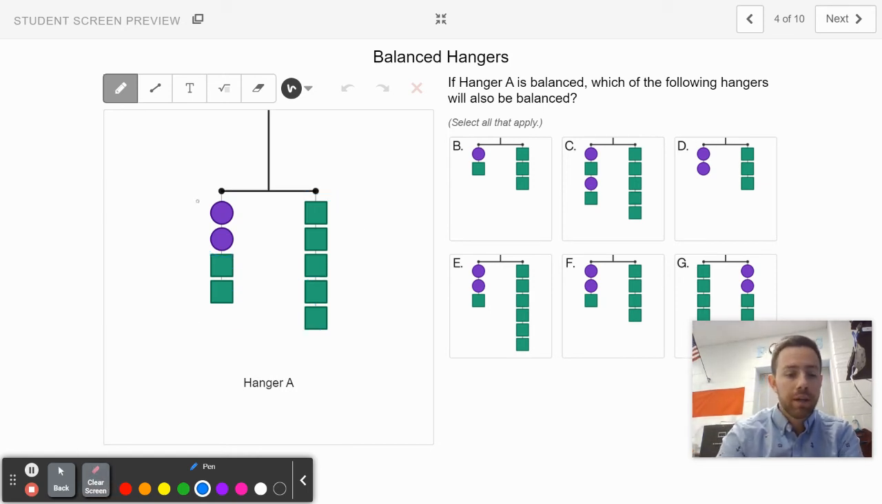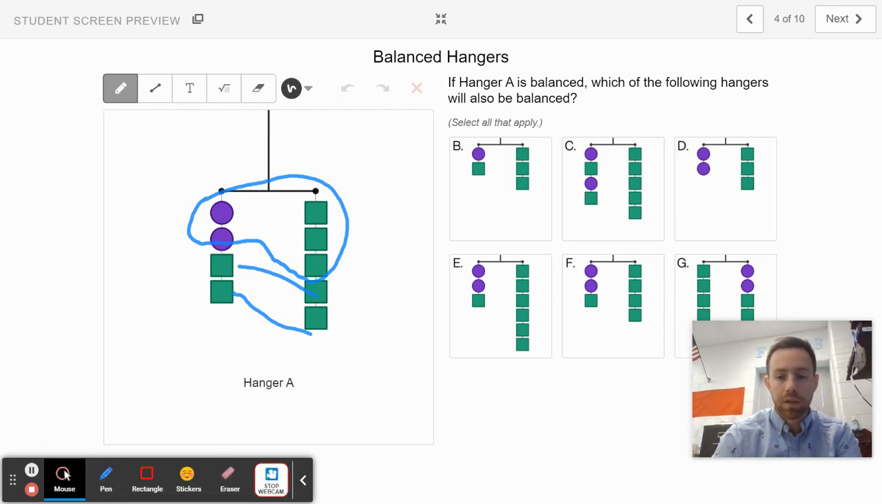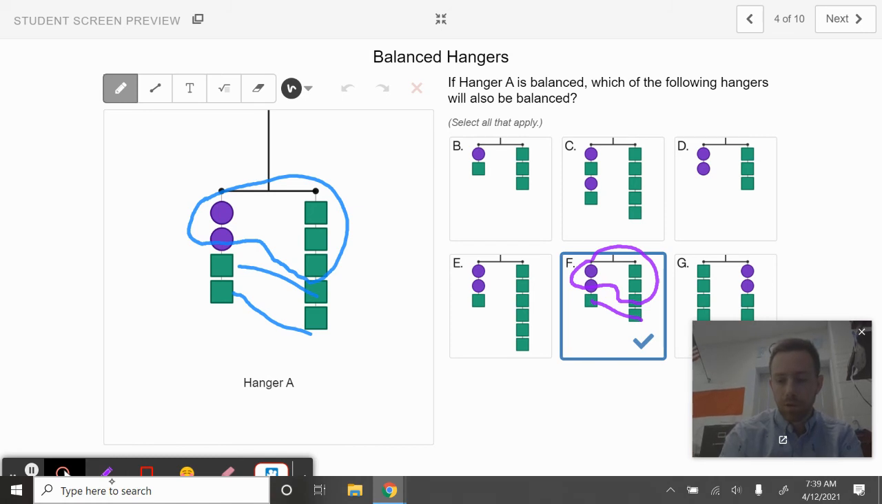Truth be told, right, since I know these 2 squares are the same, that means that I know that these 2 purple circles have to equal the same amount as these 3 squares do. Okay, so I know that 2 purple circles equals 3 squares. I do know that for sure. So one thing that can help me if I'm looking at this one is I know that F would have to be balanced as well, because that one has 2 purple circles that match up with 3 squares, and it has 1 pair of squares left over. Okay, I also would know